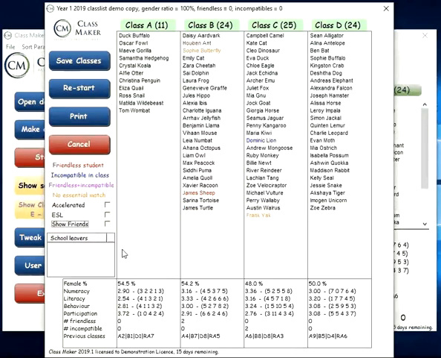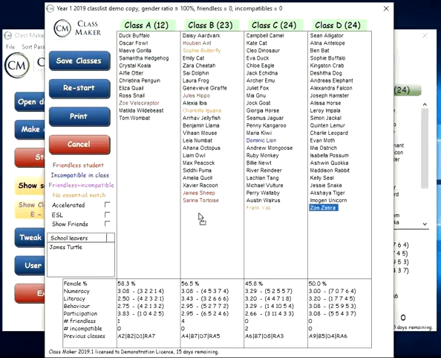I'll undo that. The window down below here shows the school leavers area. So if you've got a student who is leaving, you can grab them and put them down into here, and then see what effect that has. So if James Turtle leaves, that's made quite a bit of an impact on class B because quite a few students are now friendless. So you may have to go back and redo that class list. You can move as many students around as you like,